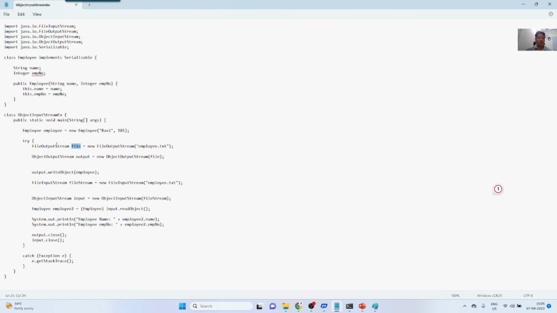In this case, I have created one class Employee with name and employee number, two attributes or variables you could say, and I created one constructor to pass the values to this class. I'm also implementing Serializable, so that I could serialize this class during the output stream. Here I'm passing the values Ravi and 101. So Ravi will come to the name and 101 to the employee number. Once this is initialized,